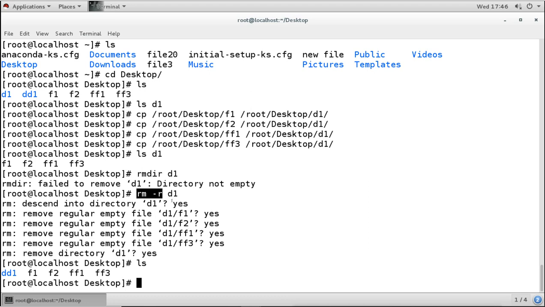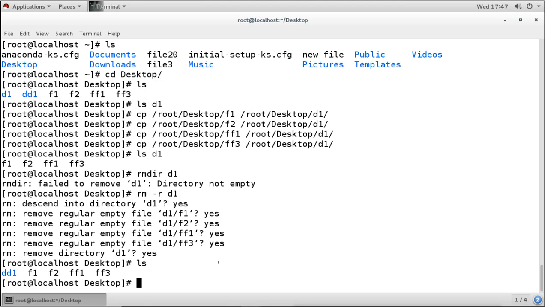It will ask the question for every file and directory, each and every file and every directory. It will ask: do you want to delete this, do you want to delete this, you want to remove this regular file, you want to remove this regular file. It will ask for each and every file, and it will not just be difficult, it will be very irritating, because we know why we want to delete it, but every time it will ask the question for every file. Now if you don't want to do that,